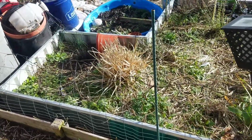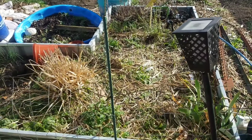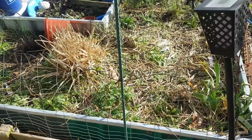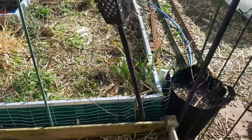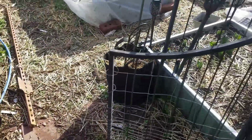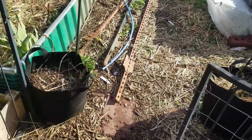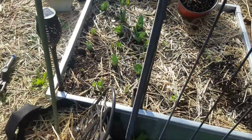On the other side is the herb garden, which as you can see looks basically like a bed of weeds because, well, it is a bed of weeds. Moving over here, we've got our two little planters that go by the gate. They haven't been planted yet. I'm not sure what I'm going to put in them. Some sort of climbing vine. Over here